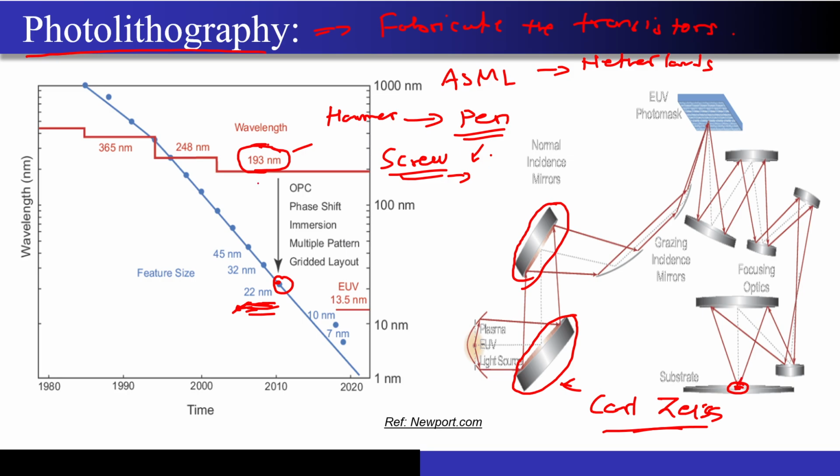Now, what happens when you actually move to lower technology nodes? The precision required for this light to hit on a particular spot: now this dot is this much bigger, right? If I want to fabricate transistors with almost 3 or 5 nanometer channel length, now this dot has to become very small. Correct? Very small. And to make sure that this actually happens, these lenses and mirrors that you are seeing over here have to be made ultra precise. So the irregularity of the glass surface has to be narrowed down if I want to fabricate transistors which are working at 5 nanometer or 3 nanometer technology.